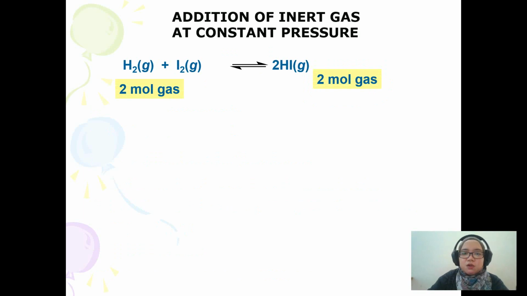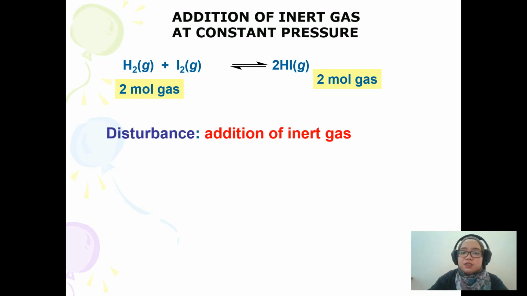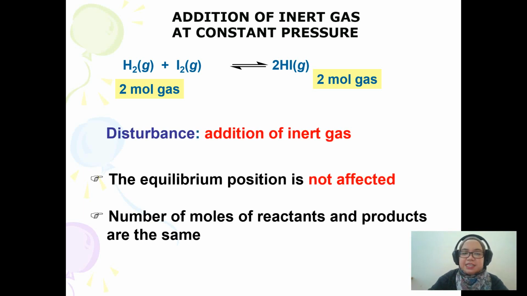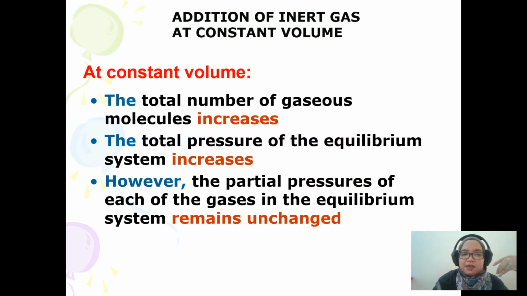Okay, what happens kalau the addition of noble gas tu at constant pressure tapi kedua-dua reactant dengan product ada moles yang sama? Okay, dekat sini kalau dua-dua side ada moles yang sama, 2 mole contohnya, equilibrium position is not affected because dia punya moles of reactant dengan product dah memang sama. Okay. Kalau kita add inert gas at constant volume,